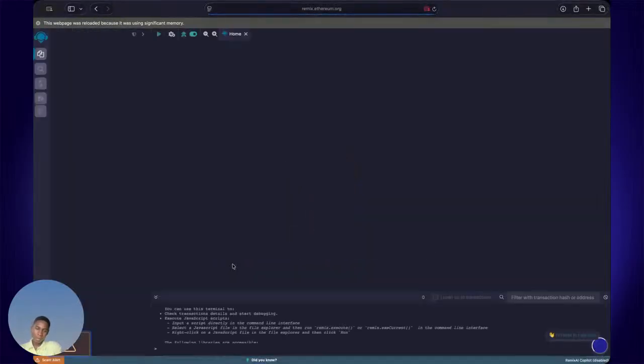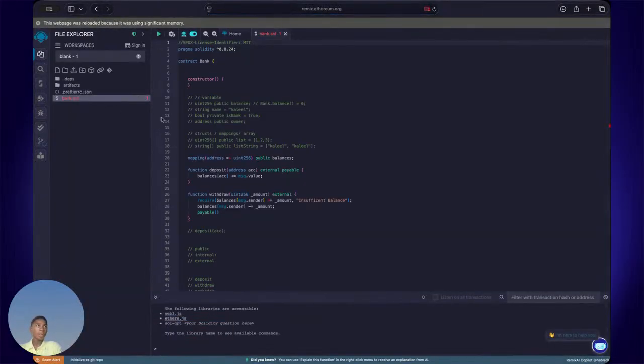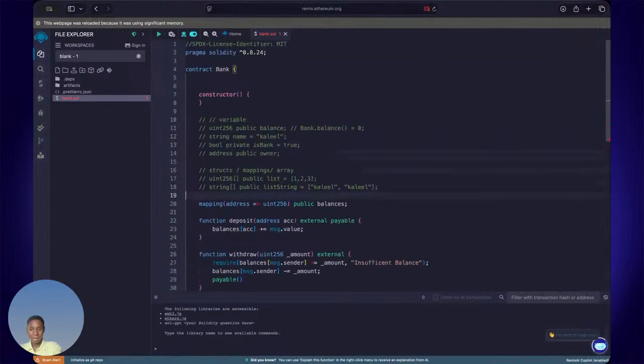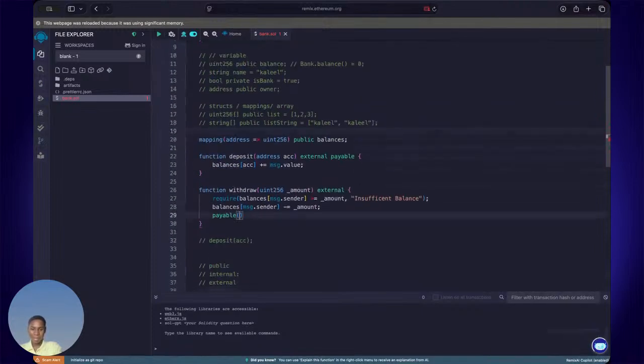message.value. Okay, so this is getting annoying for now. message.sender, so the person withdrawing, .transfer. I don't know if I'm doing this right. Payable message.